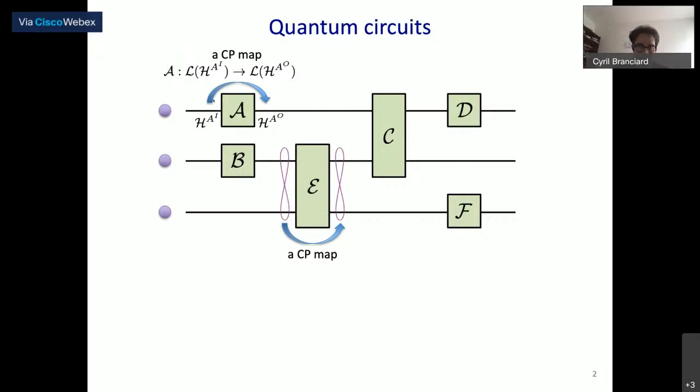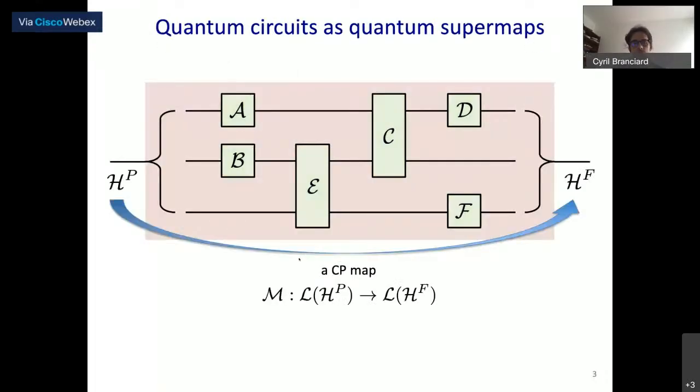And these can act on single systems, or these can act jointly on several systems, and these operations could entangle quantum systems. So what such a circuit effectively does is it performs a global